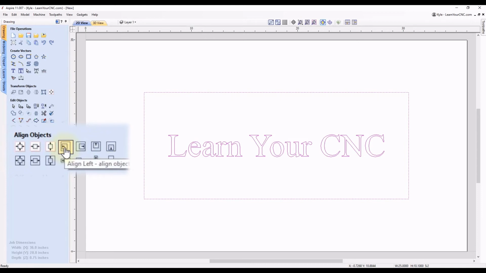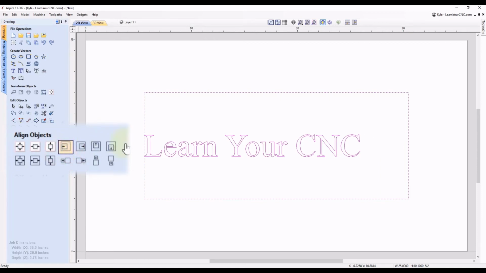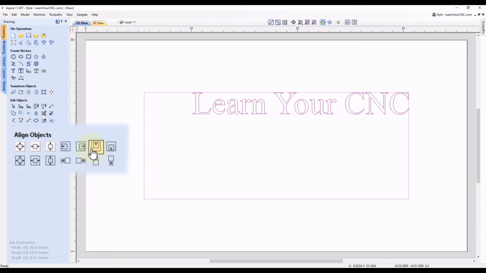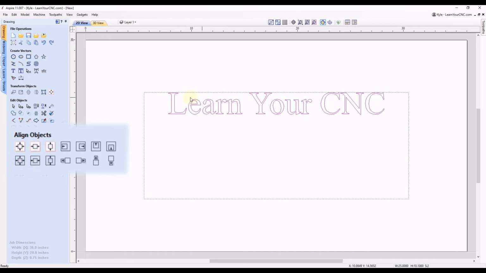So you can see this first one is going to align to the left edge on the inside. The next one is going to align to the right inside edge. Then we have the top inside edge. And you can see you can also use multiple buttons in here. So if we go to the top, but we also want it centered, we can use this one over here, align centered horizontally in the last selected object. And now it's aligned to the top and to the center horizontally of this rectangle.